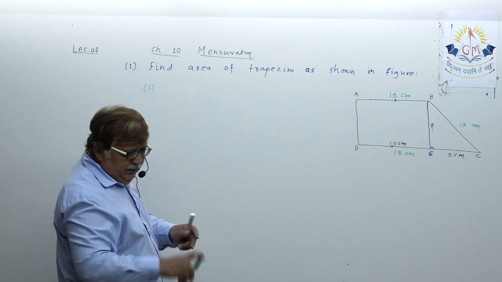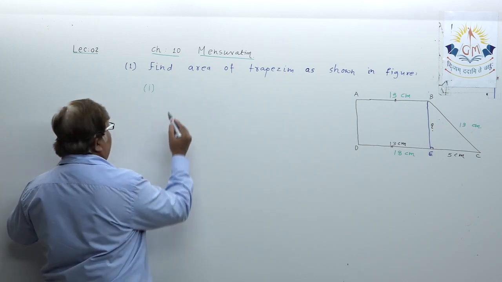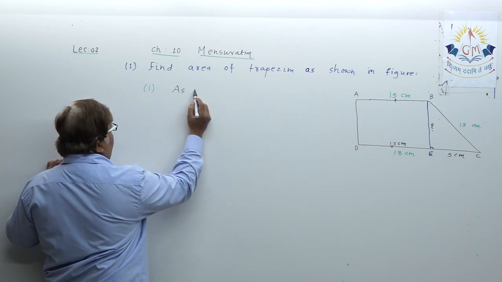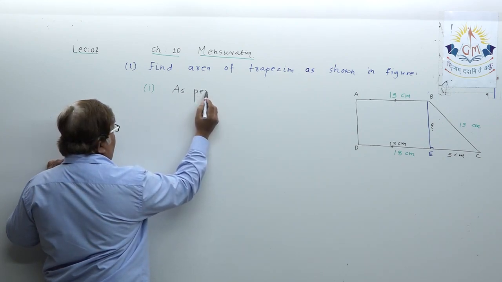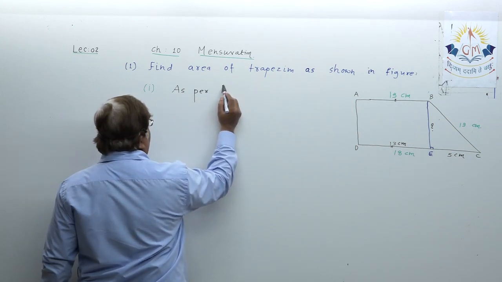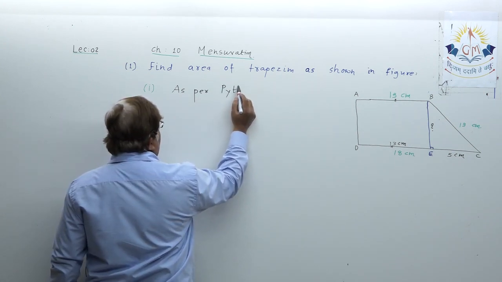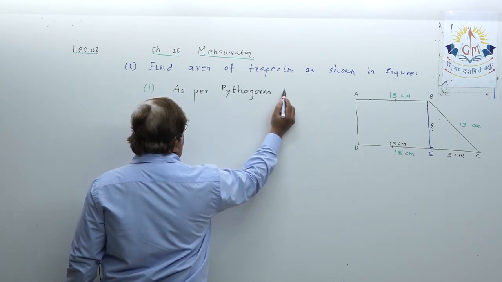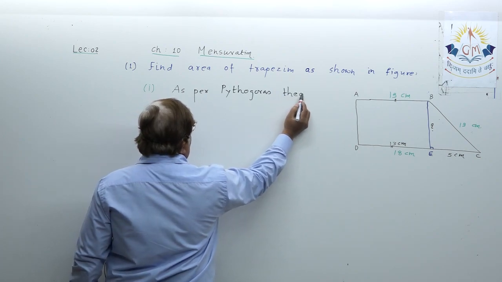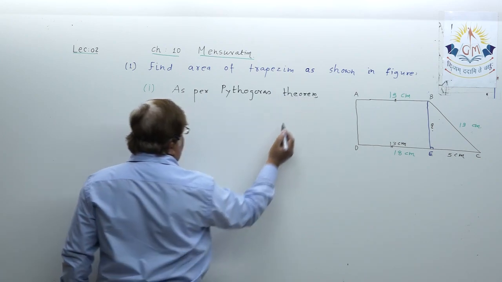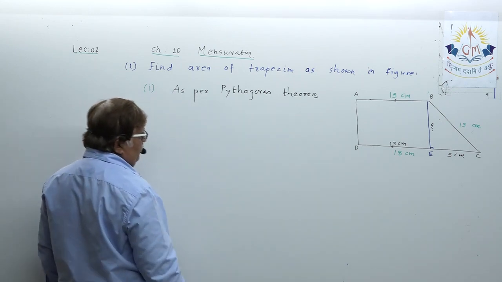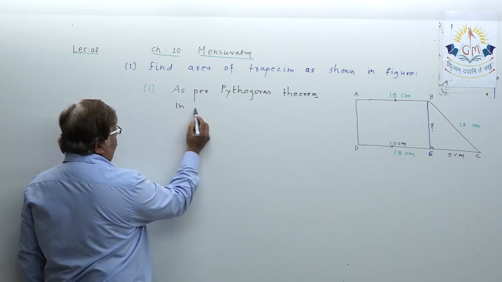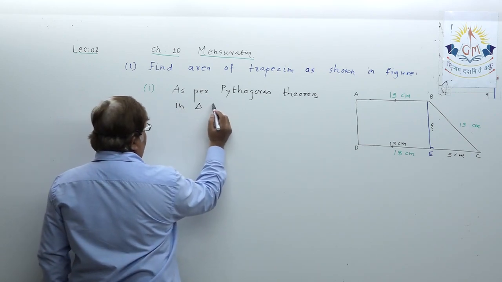First step, you need to mention this: as per Pythagoras theorem, in triangle BEC,